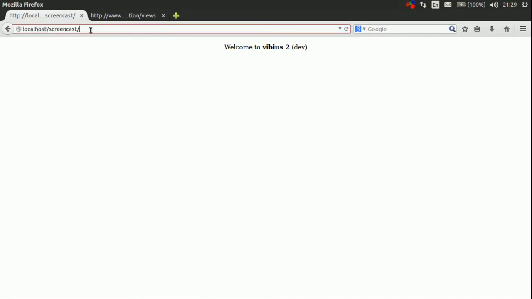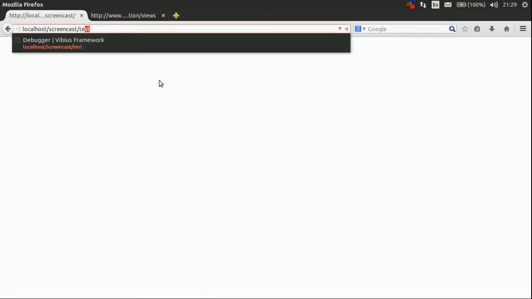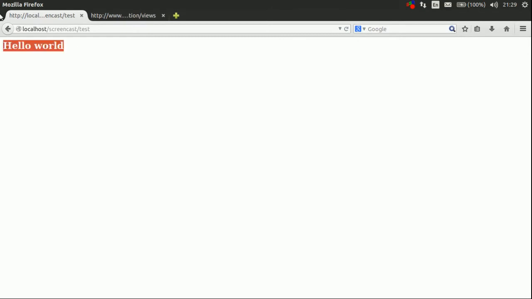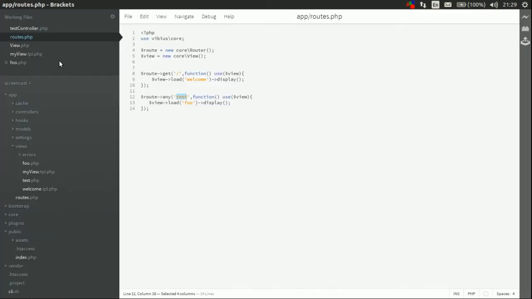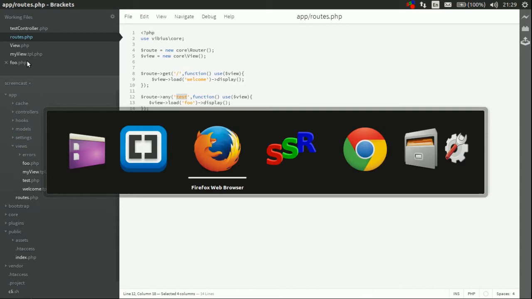Let's test it out in our browser. Our Vibius installation in screencast folder. Let's go to root test. There we go, hello world, from our foo.php file. Now we can continue to our documentation,